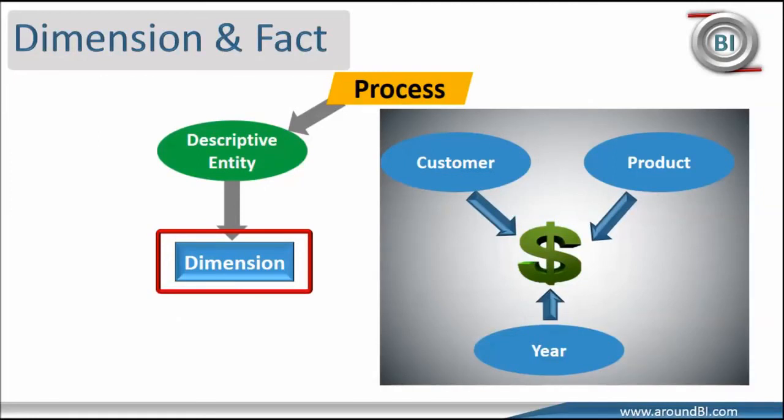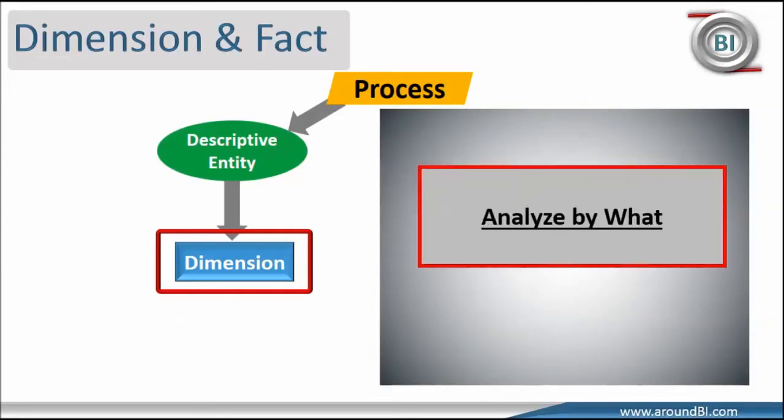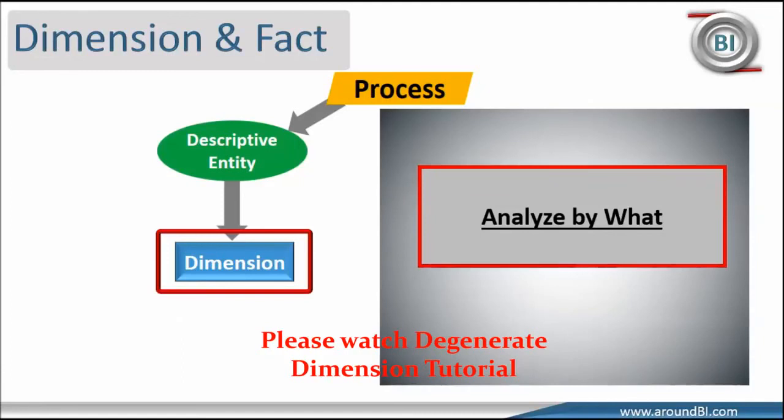A question comes, how can we recognize dimension? So dimensions are generally level based and descriptive entities. Wikipedia has a good trick to ask questions on context of the business like analyze by what, analyze by time or analyze by product or analyze by geography. This analyze by what gives a hint on possible dimension fields. We will talk more on dimension hierarchy and questions on why we term invoice number or order number as dimension though it is a number, those things in later tutorials. This is a good start of our journey of